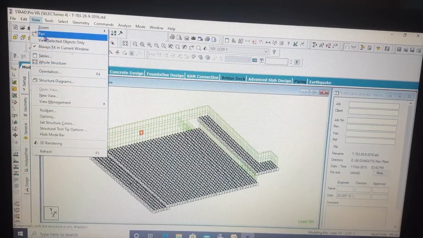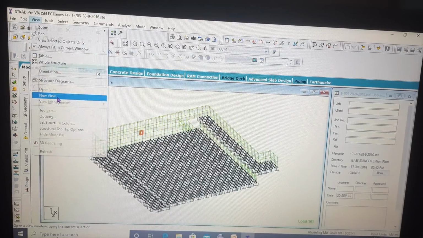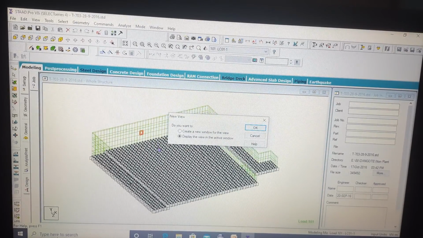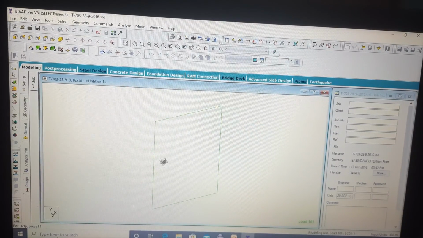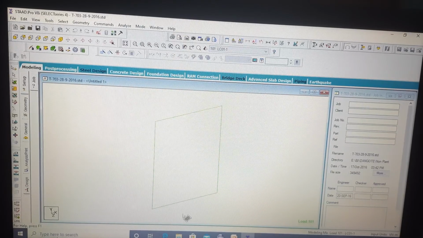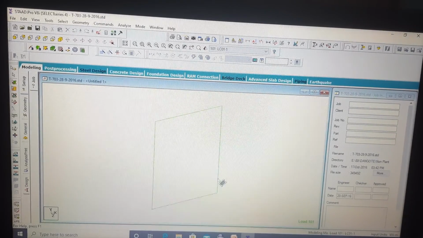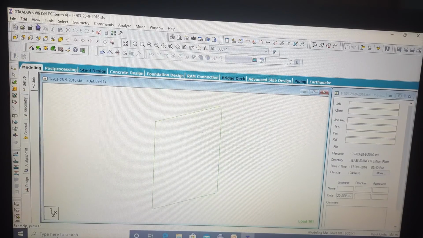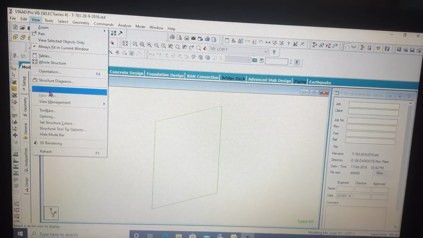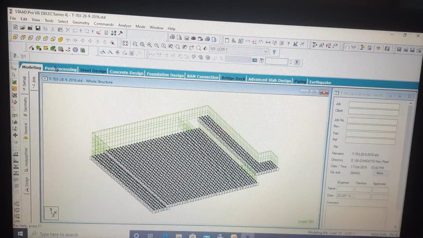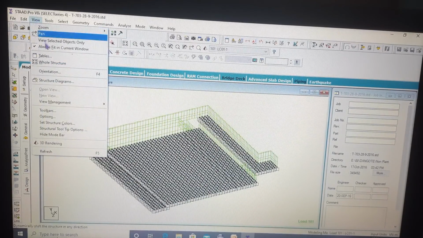So let's go on to the next button, new view. New view will actually say I have selected this plate and I want to see it in a new window. So I will be clicking on the new view, and if I click on it, the whole plate will be shown in a new view. The whole structure will be removed and you can only see the plate option here. So this is the functionality of your new view. Select the whole structure and your whole structure will appear again.